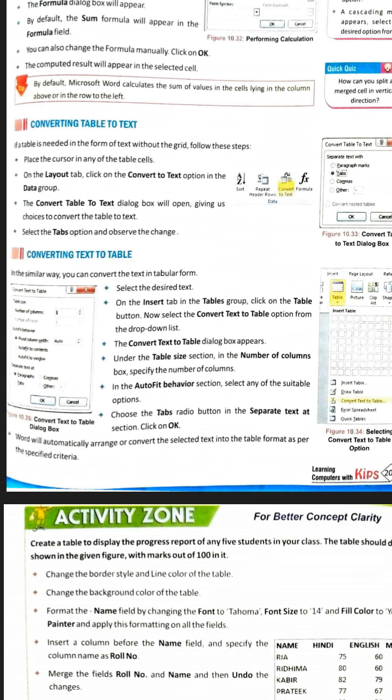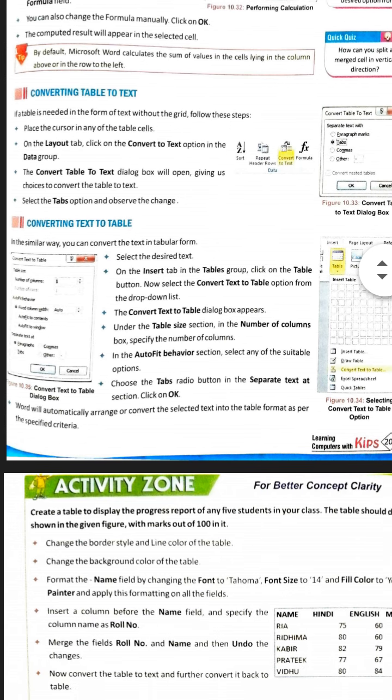Next one, converting table to text. You can convert table to text or convert text into a table. For example, you have some text and you wish to turn it into a table. Select that text.